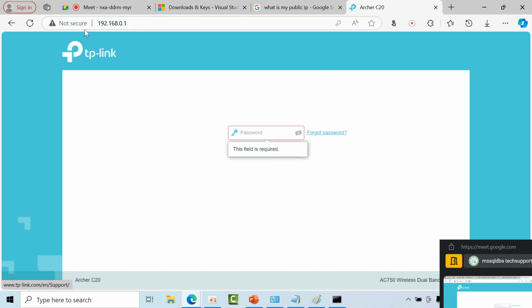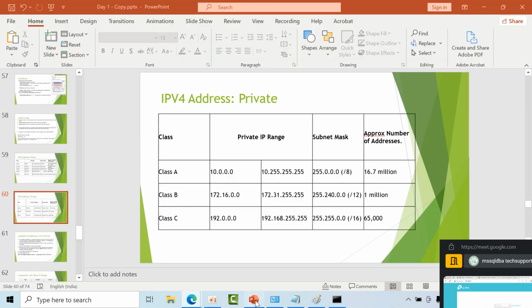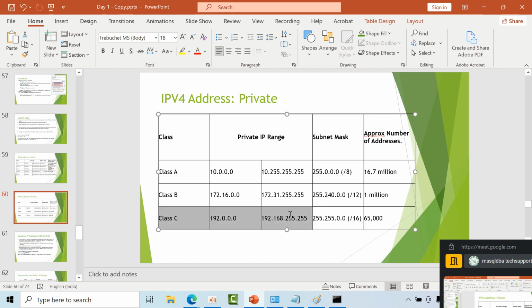Sir, this is my TP-Link. Every provider will map to any public IP and any private IP address. They can adapt it. My TP-Link has been adapted to a Class C IP address, and they have NATed. If you use another operator or another brand of devices, they will use 172.